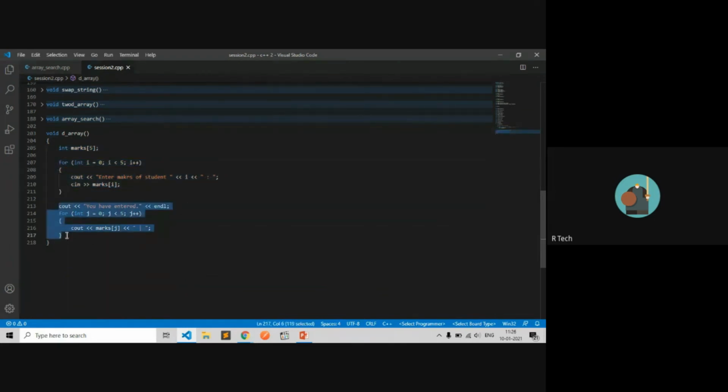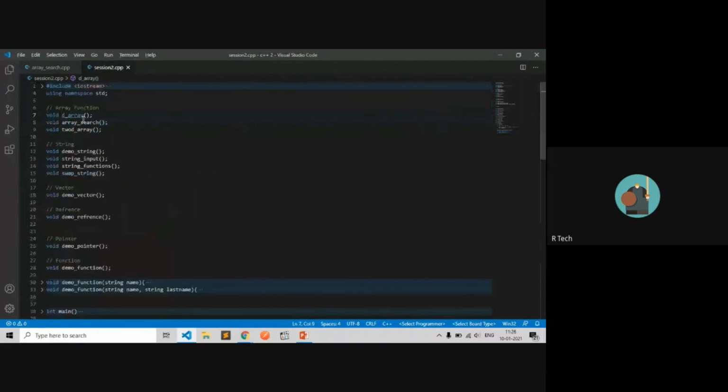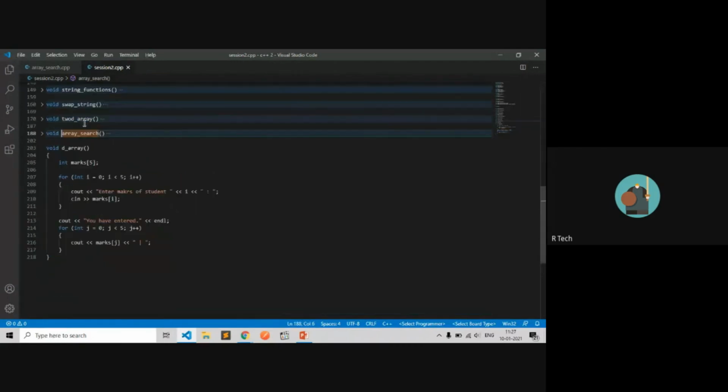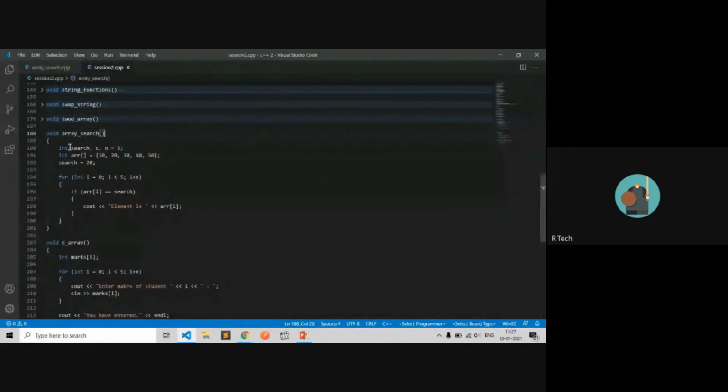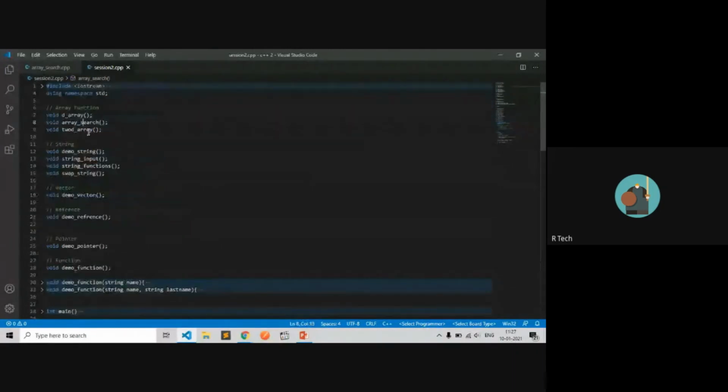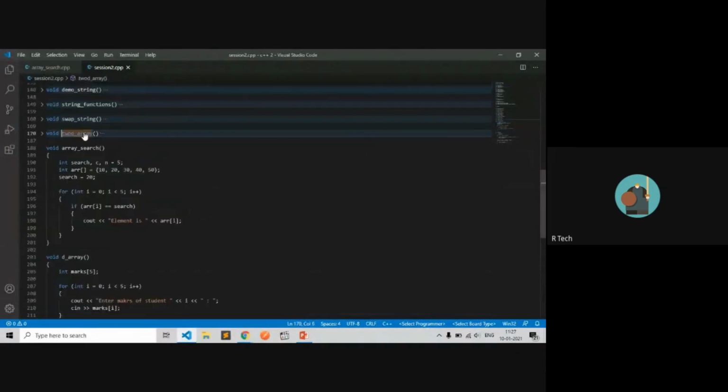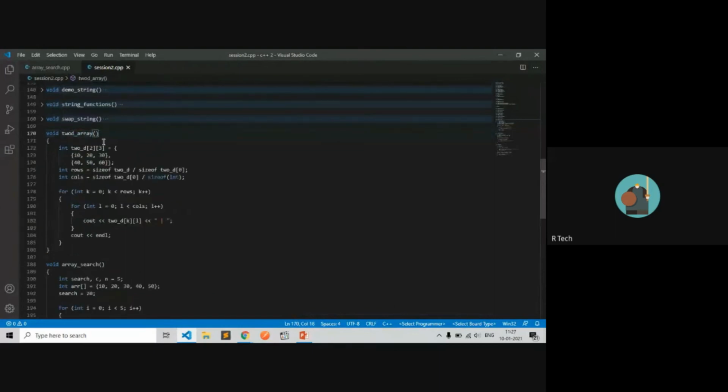What is another example? Here, search. Control-click: searching for an element in an array. What is next? Two-dimensional array. What is a 2D array?